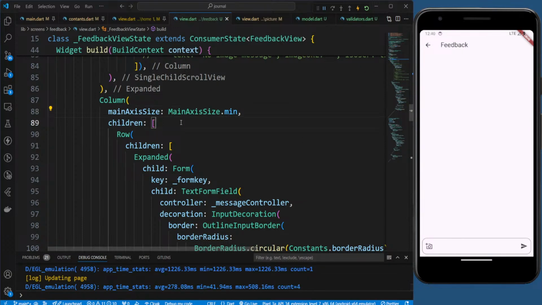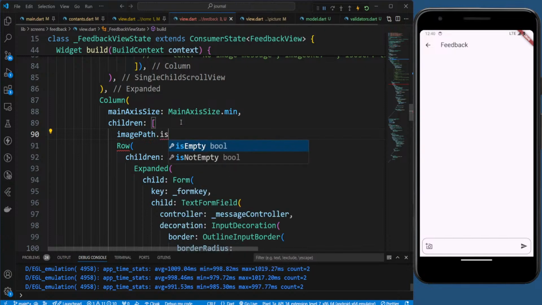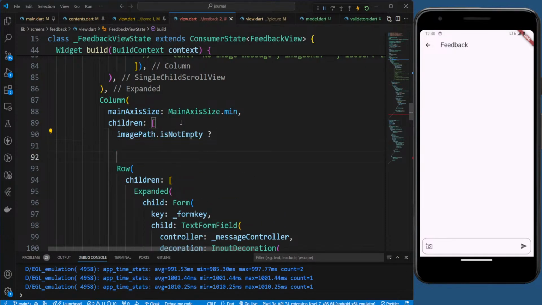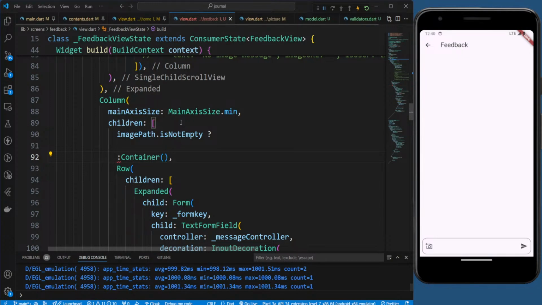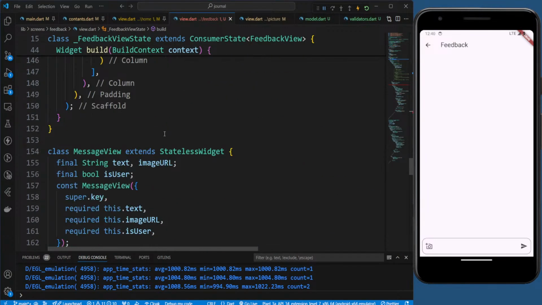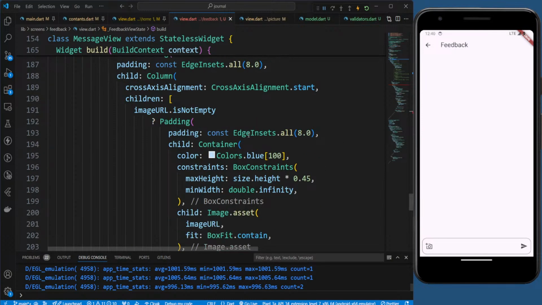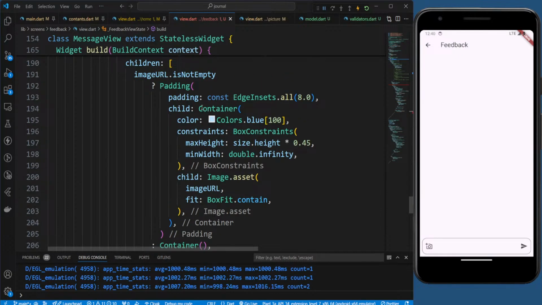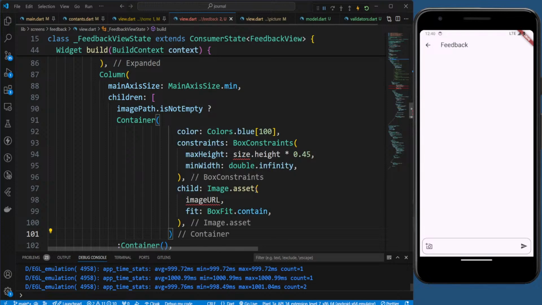No impact. But here we'll do image path, right? If it's not empty, or else we'll just do a container that is an empty container, something like this. If it's not empty, right? What if we show this thing, the same thing that we did here, right? Create constant, this one, container. What if we show this container, and